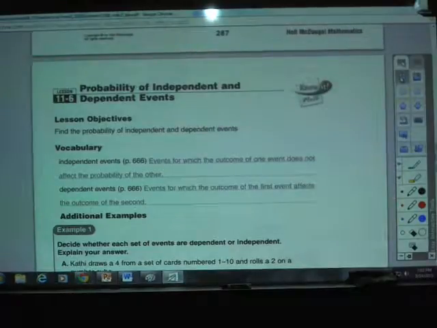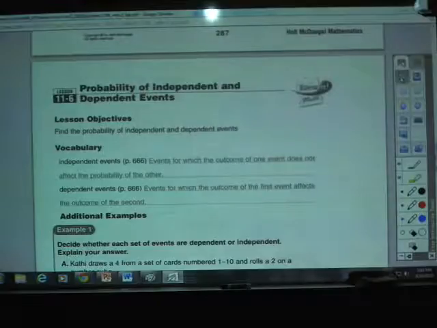Chapter 11, Section 6, in the 7th grade note-taking guide, is entitled Probability of Independent and Dependent Events. Here we're going to learn how to find the probability of different types of chance activities that are successive, meaning two events put together right after each other. But how I find those probabilities depends on what type of events they are. Not so much how I find the probabilities, but the actual numbers that are going to be used in the